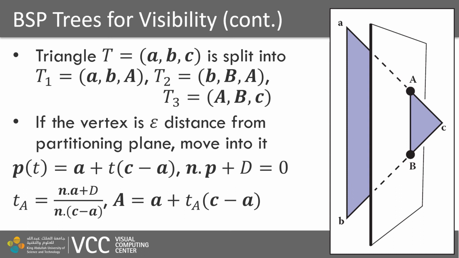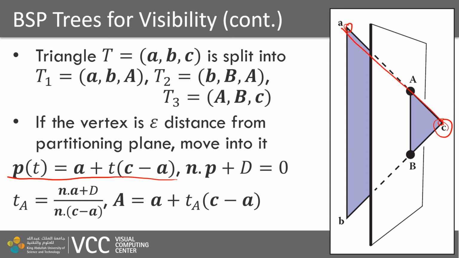How can we split such a triangle? So if we have a partitioning plane and our C is, for example, on one side and AB is on the other side, well, we need to evaluate what are the intersection points of our edges on this plane. And this basically is a question of having a parametric line description from our sides, like for example the edge AC,